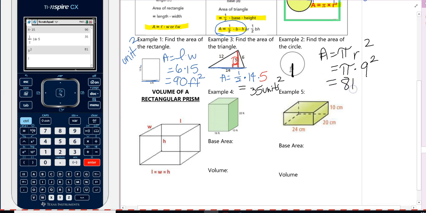We're going to treat that pi kind of like our variable here. And we're going to say 81 pi centimeters squared. In case any of these examples asks you to round, you do have a pi button on your calculator. So if you want to type in 81 and then type in pi, what you're going to do is actually click that pi button, and if you see my little cursor over here, it's like one button next to the